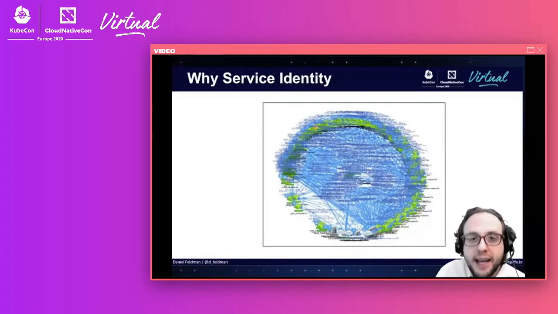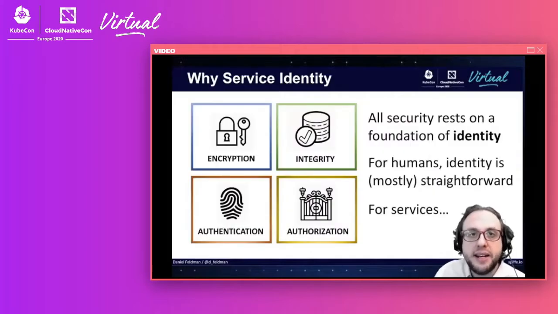In order to do any kind of security, each entity that you're trying to secure has to have some kind of identity. For example, to encrypt something, you have to know the identity of the party that will be decrypting it. In order to ensure data integrity, if you're adding a digital signature, you have to know who will be verifying the digital signature and how they'll access your public key. In order to do authentication, obviously, the thing that you're authenticating has to have some kind of identity. And in order to do authorization, you need to first do authentication, and authentication depends on identity.